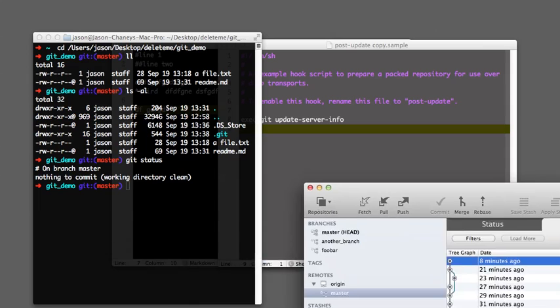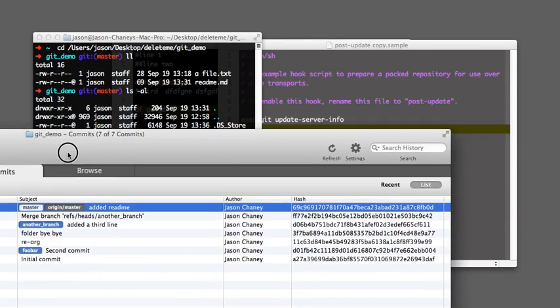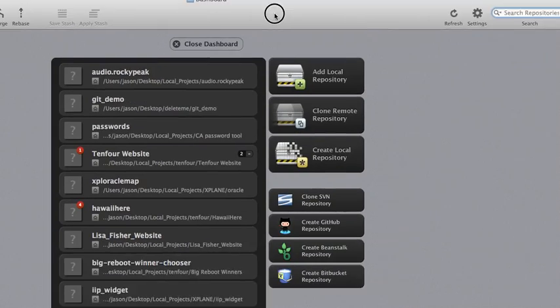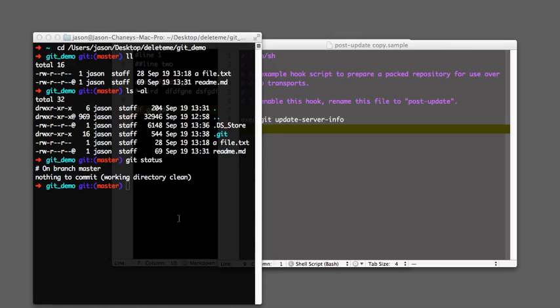But that's it. You don't ever need to go to GitHub. Inside Tower, inside your dashboard, there's an option for create GitHub repository right there. So you don't ever need to touch it if you want to do it that way. So anyway, there's a lot of stuff that I did not cover. But this should give you a conceptual understanding of what Git is under the hood and kind of how to use it,